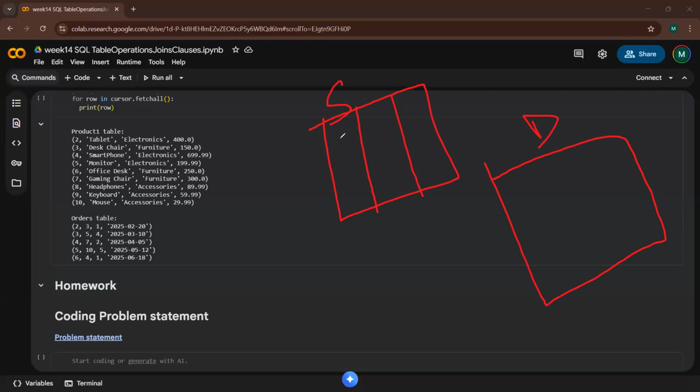So here is roll number, which is always unique. So this is the primary key of the student table. The name cannot be a primary key because names can repeat. And there is department ID. Department ID can also be the same for multiple students.